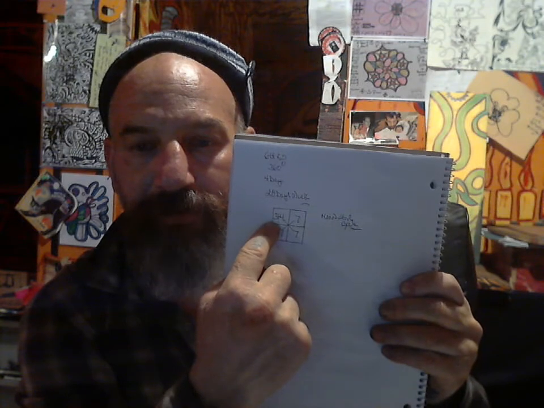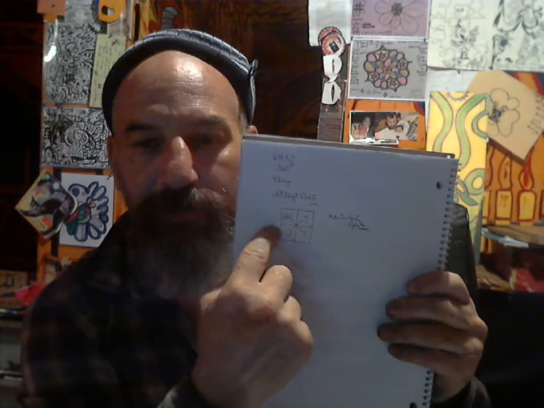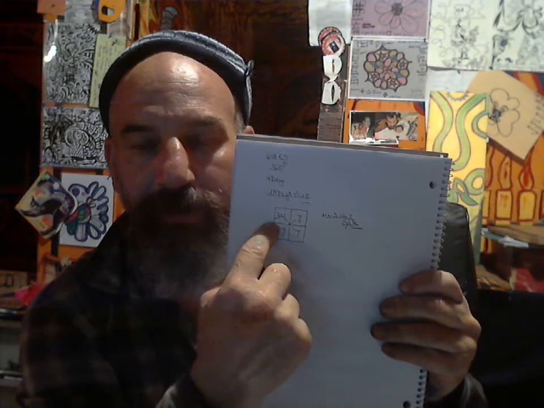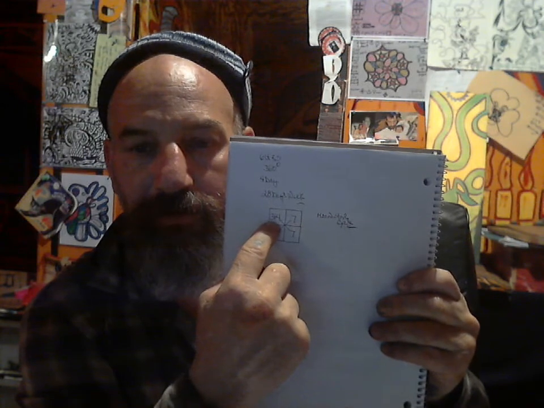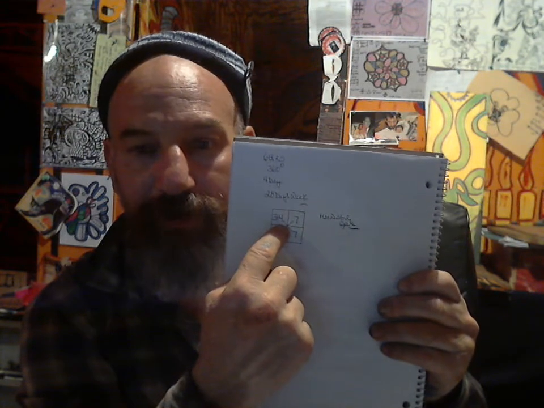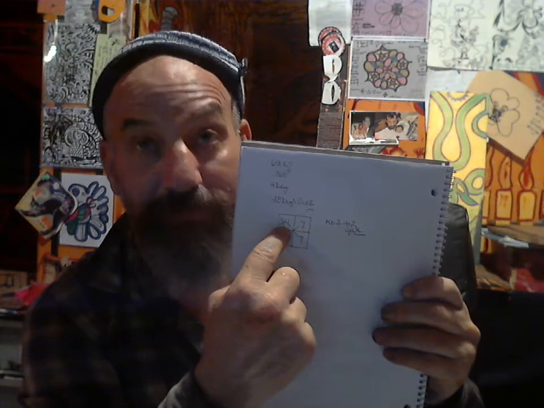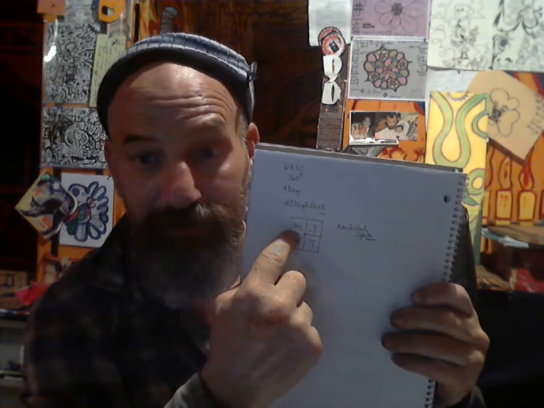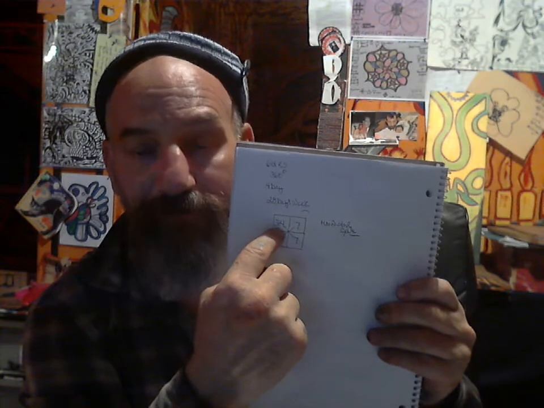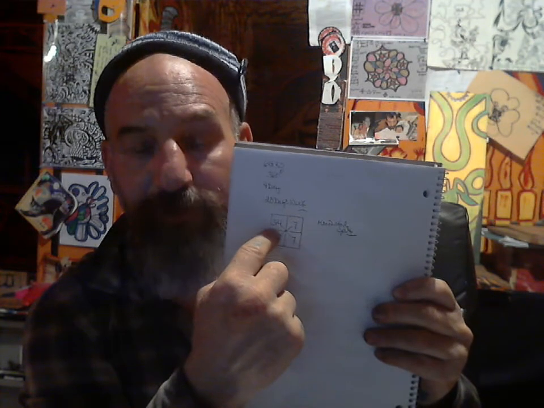3 and 4. 3 times 4 is 12. Sorry about that. 3 plus 4 is 7. Plus 3 plus 4 is 7 equals 14. 3 times 4 equals 12. 12 times 14